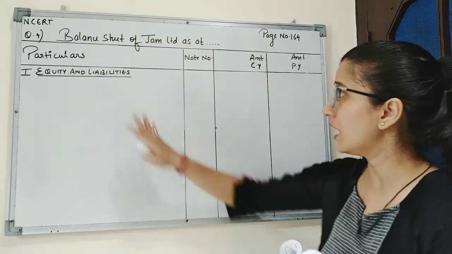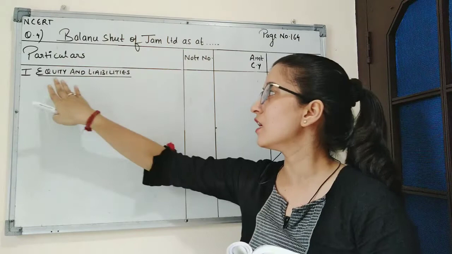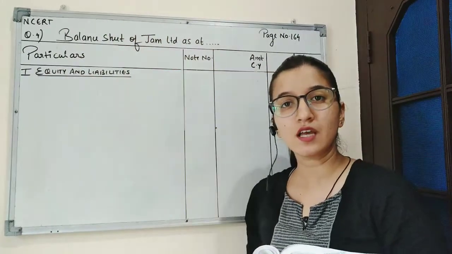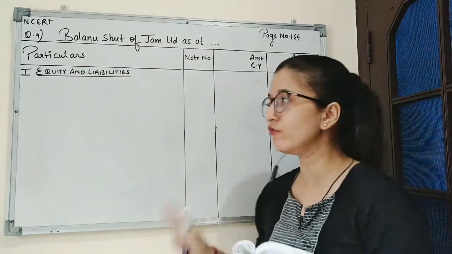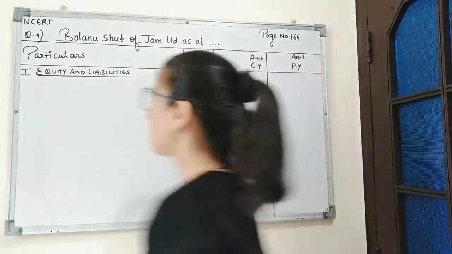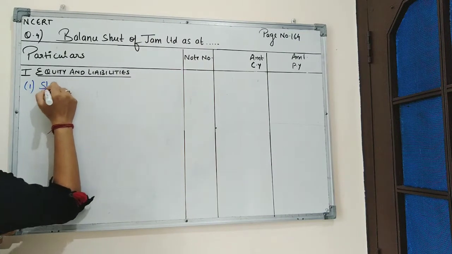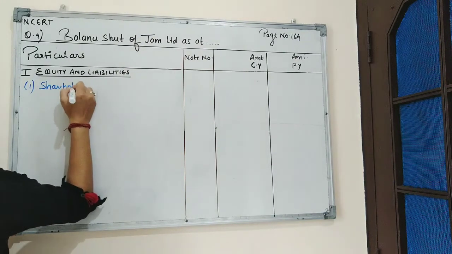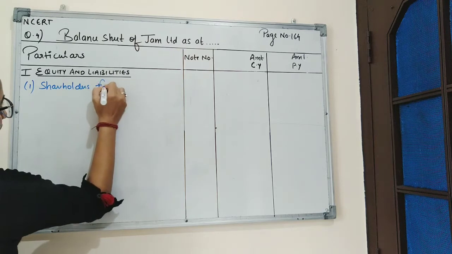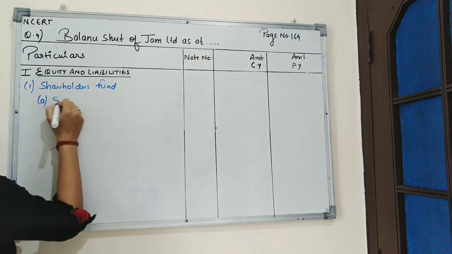Now, as we know, in balance sheet, there are two headings. First is equity and liability, second is assets. These two are major headings of balance sheet. So here, under this heading, the first part is shareholders fund. And we know under this part, there is a sub part called